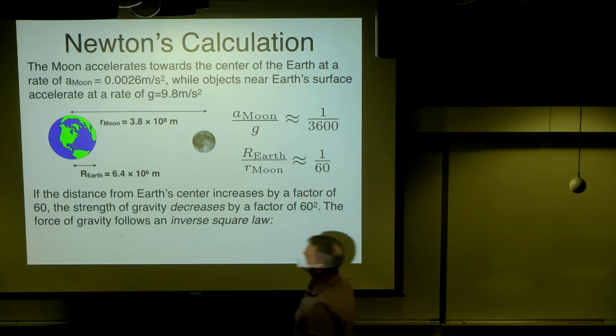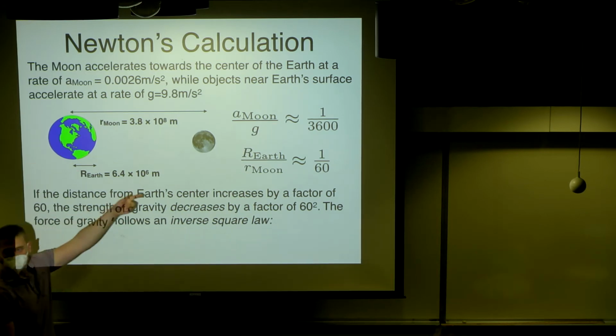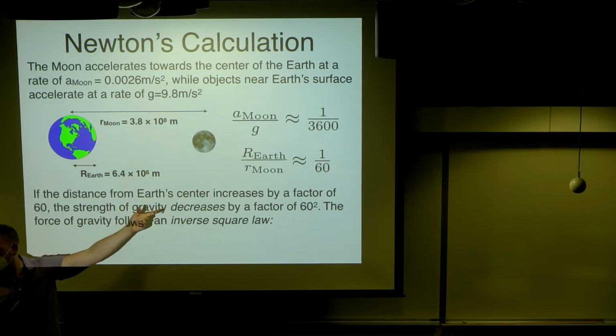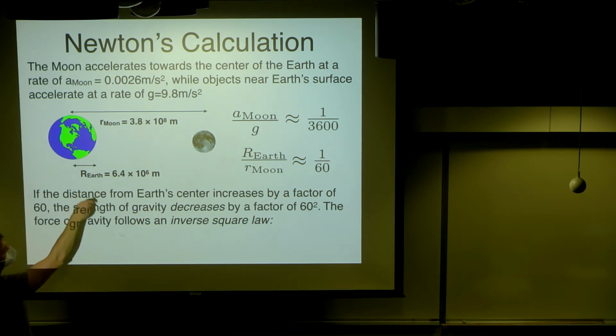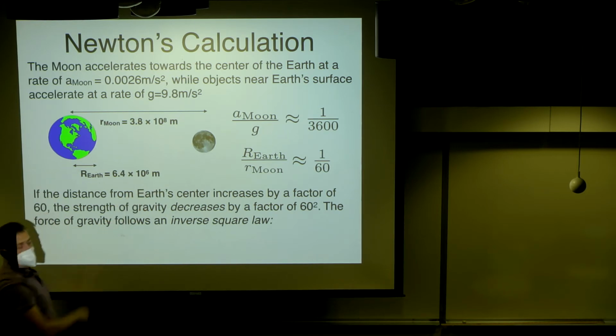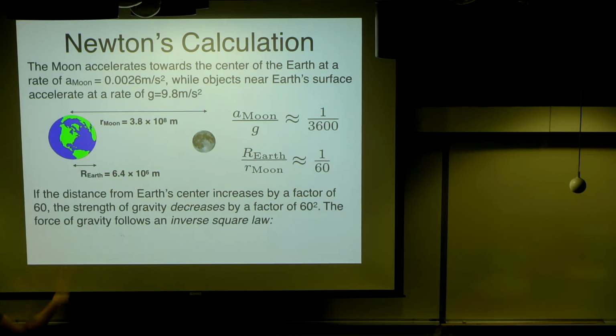The strength of Earth's gravity gets weaker the further away from the Earth you get. That's what we're seeing. Because it's got a certain strength over here, 9.8 meters per second squared, it has a much weaker strength over here, right? The way it gets weaker as you get further away has something to do with the distance. In fact,